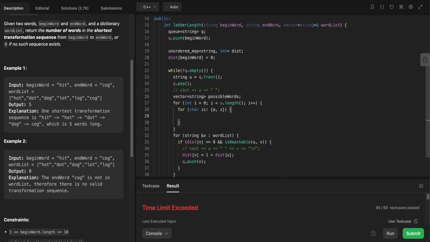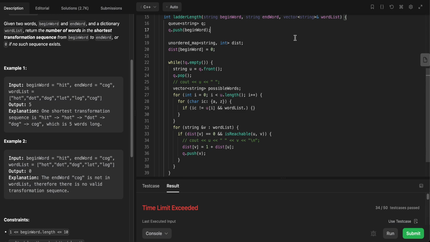If the ith character is not equal to the original, that means I'm actually changing it, right? And if it is in my word list, okay, it will take again big O of n time. So word list contains,